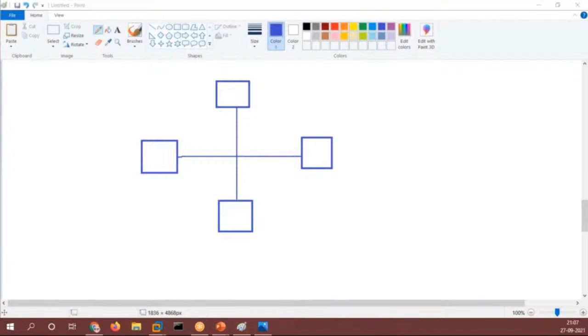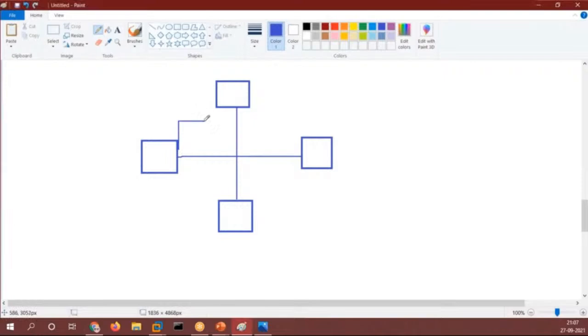Every device is connected with each other directly and also indirectly, right? So this device will be connected to this one as well, right? This device is connected to this one as well, right? It is directly connected to this. Now this is the connection that we have in mesh topology. Every device is interconnected with each other.